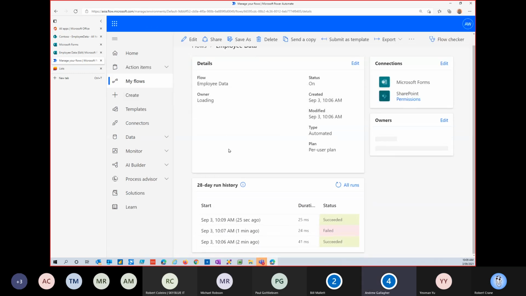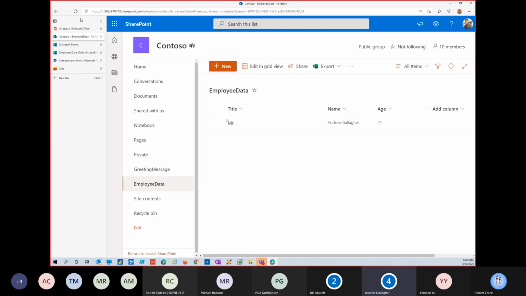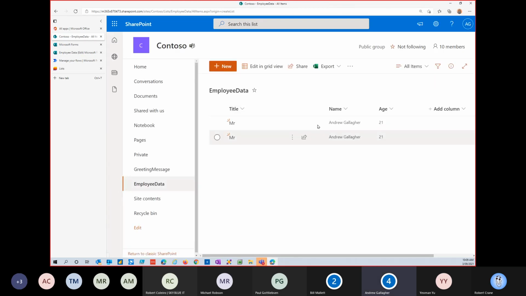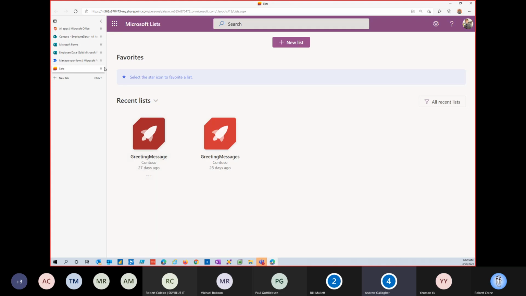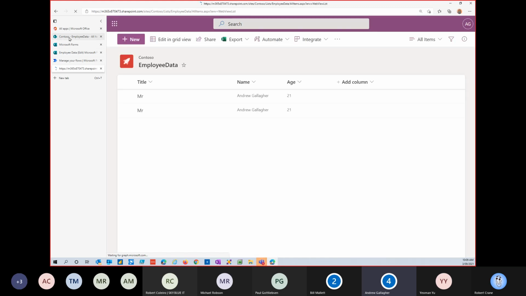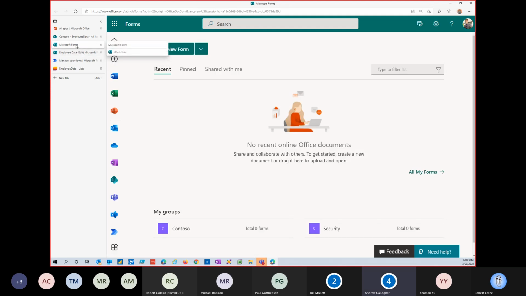And lastly, the data that is entered into the SharePoint lists. Now, lists are becoming very popular with Microsoft, so they've actually created their own section for lists that you can create and get to without going into SharePoint. So on that, I hope that quick demonstration briefly showed how to create a form and then using Power Automate to gather that data with some simple error checking and put that data into the form.